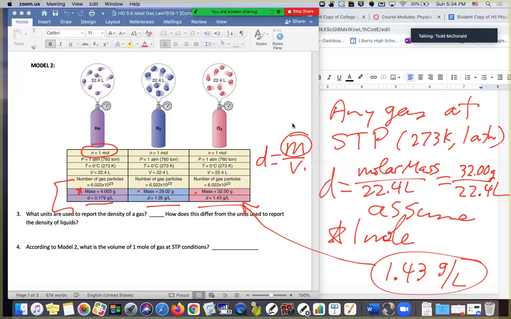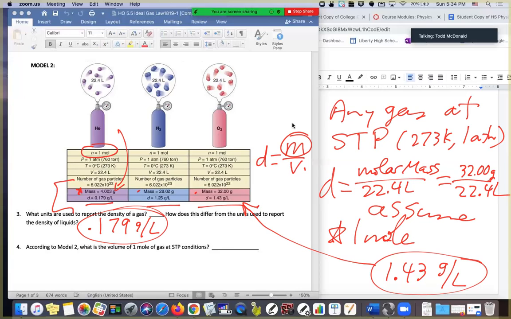If we did the same thing over here to helium, all we would have to do is take the molar mass of helium, 4.003, divide it by 22.4, and you get 0.179 grams per liter. So it's really easy to find the density of any gas at STP. You just make the assumption you have a mole of it, use the molar mass divided by the 22.4 liters,